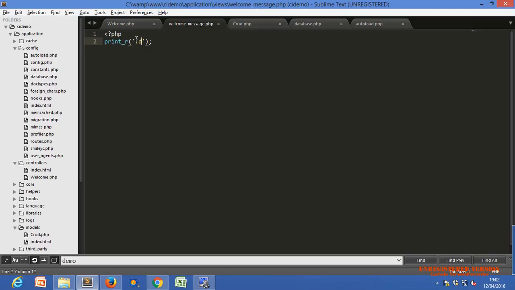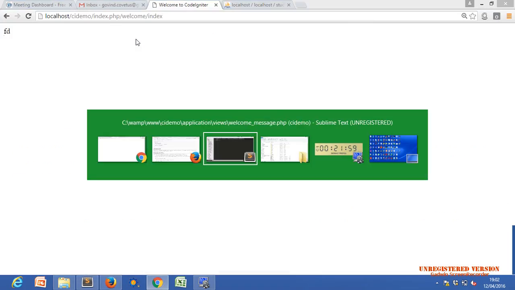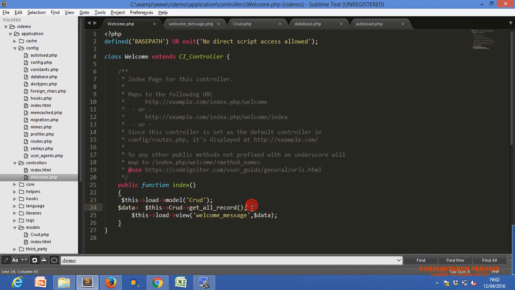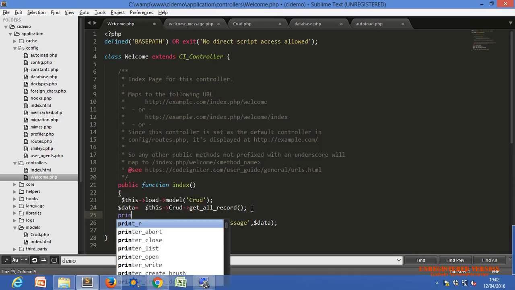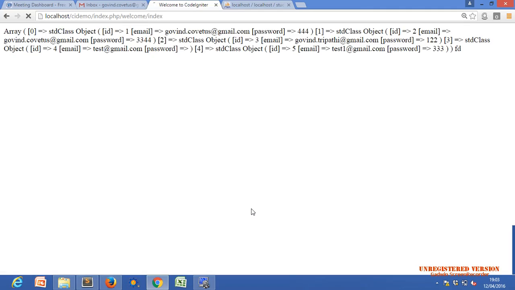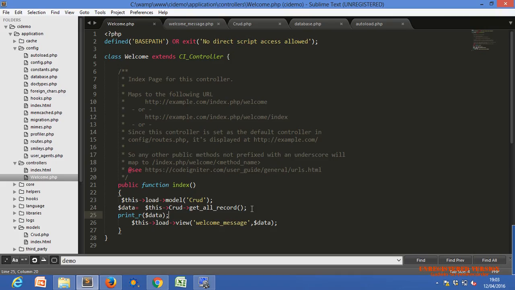It is not loading. Yeah, record is coming, but that particular data is not loading there. Means we have fetched our record successfully. Yes, you can see that.